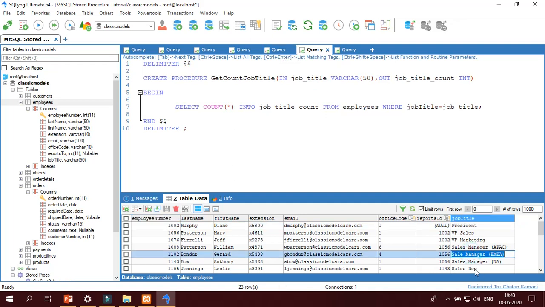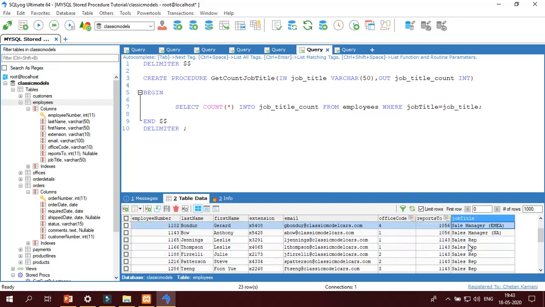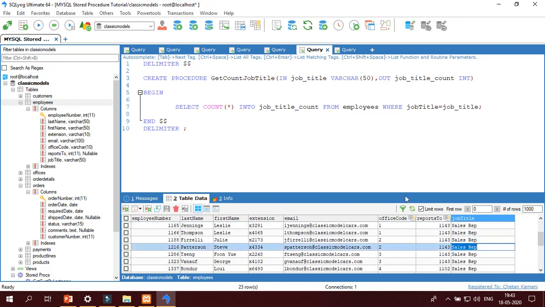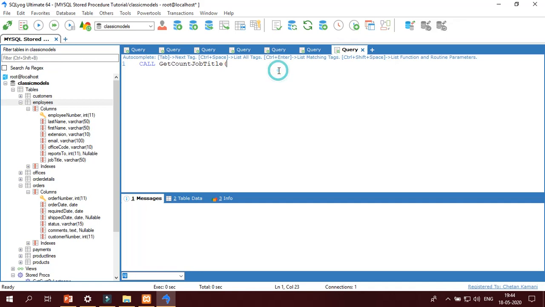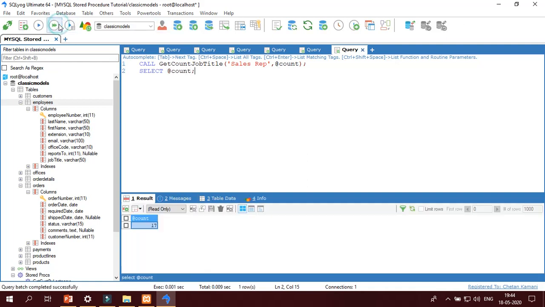In this case we specify sales representative, and add that OUT variable, that is count. Now we have to print, select @count. Run. Okay, there are a total of 17 sales representative employees available in the employee table.